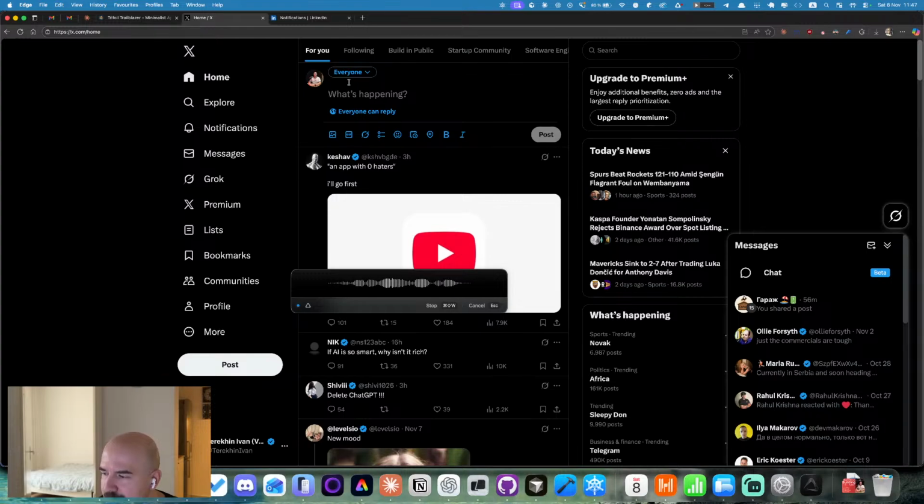Using Super Whisper to shitpost to the Twitter is so much underrated.